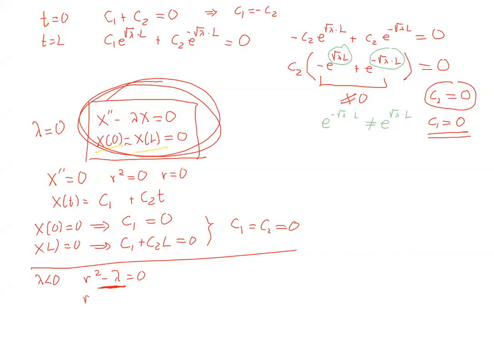So the roots here will be square root of negative lambda times i. The i is outside, and you have plus or minus. So this tells you that the general solution,